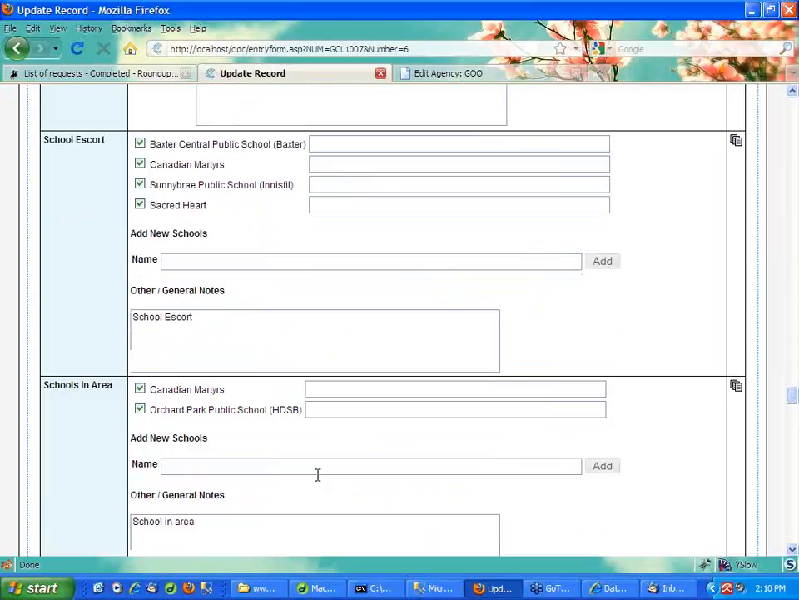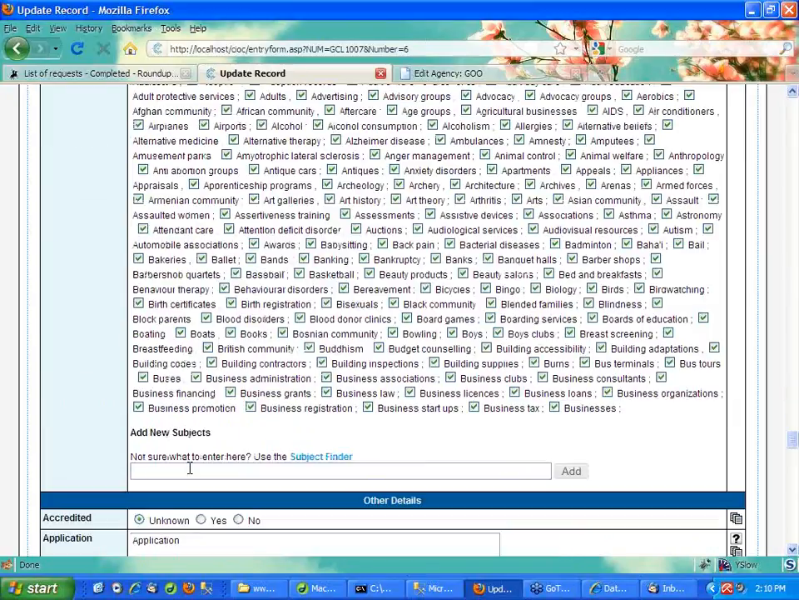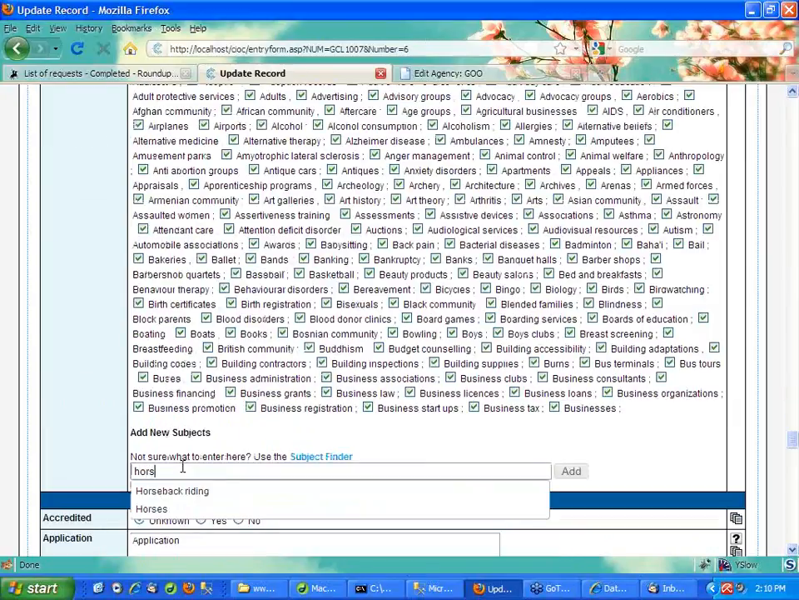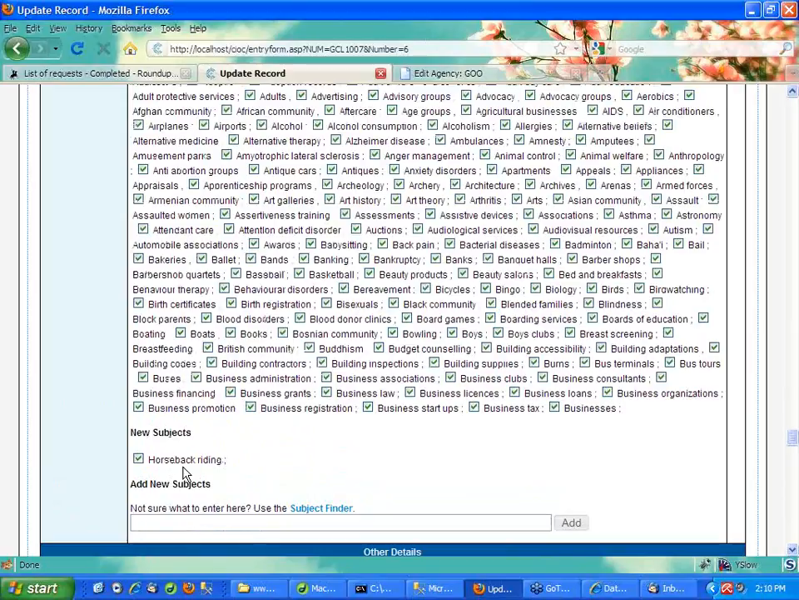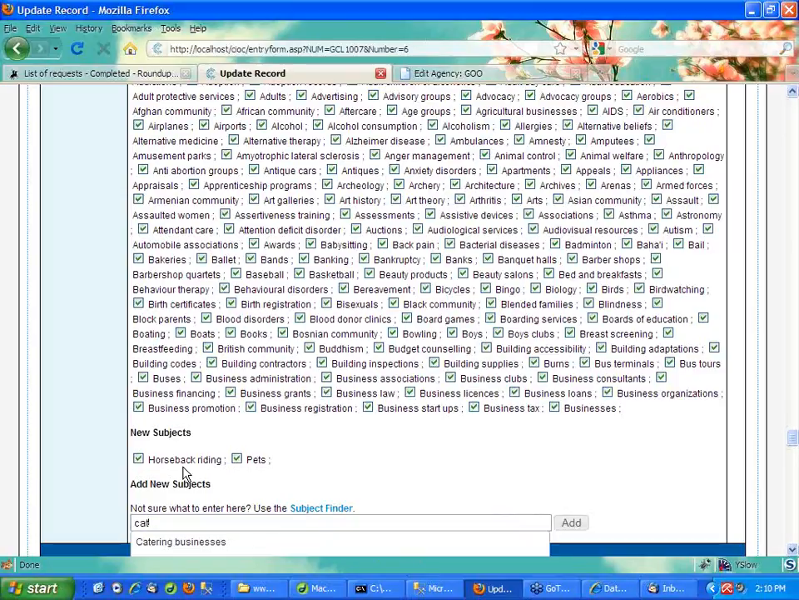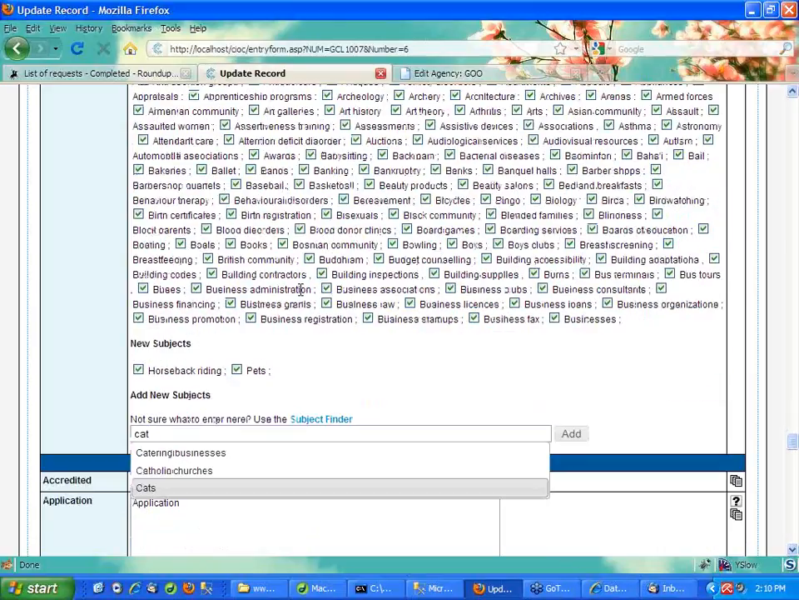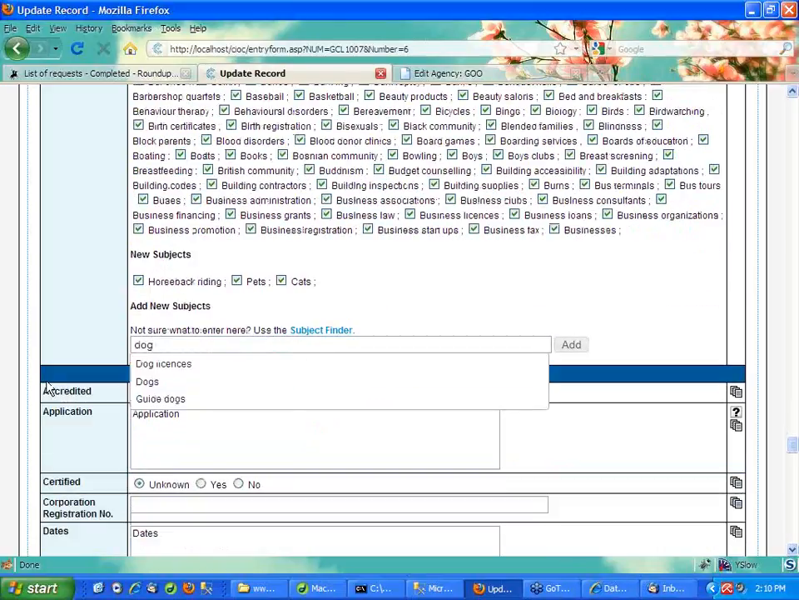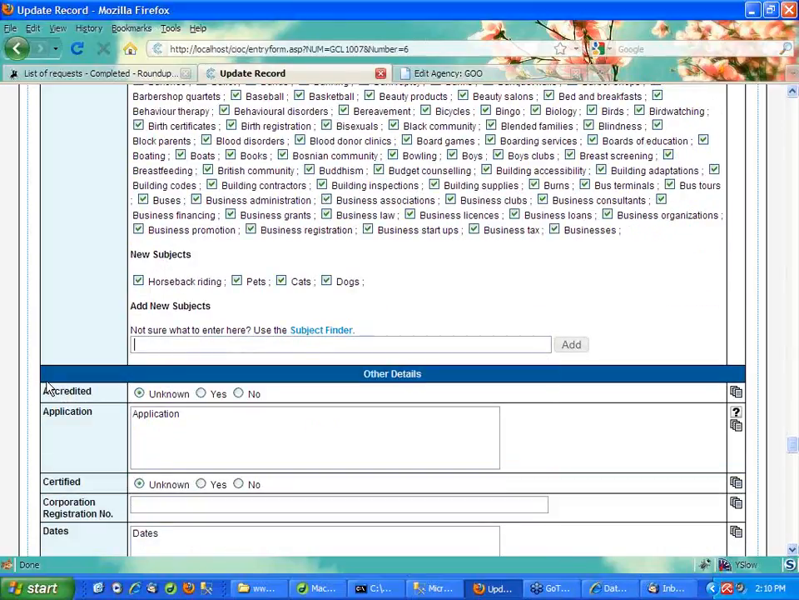Subjects. I have a lot of subjects in this record. Subjects are exactly the same, so I can start typing and add as many new subjects as I want. Okay? So obviously a lot easier than using the subject finder, but you do still have access to the subject